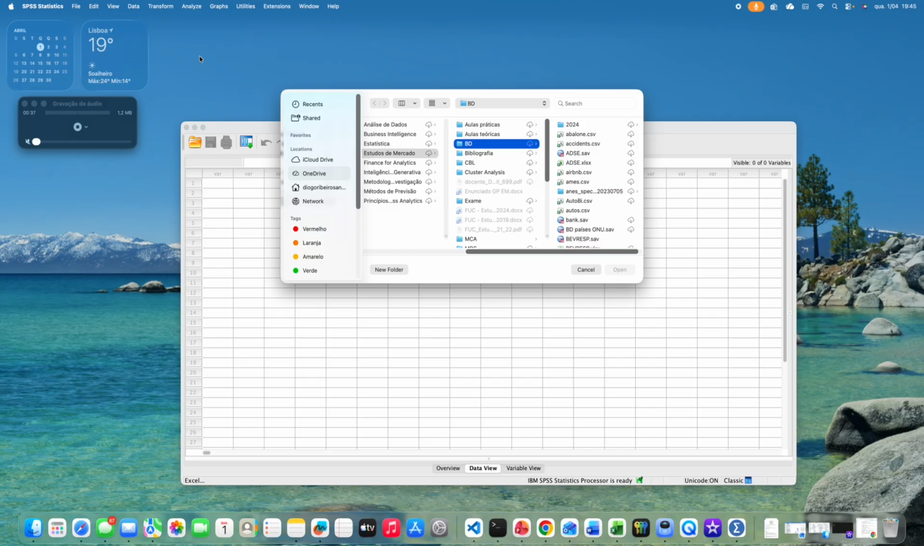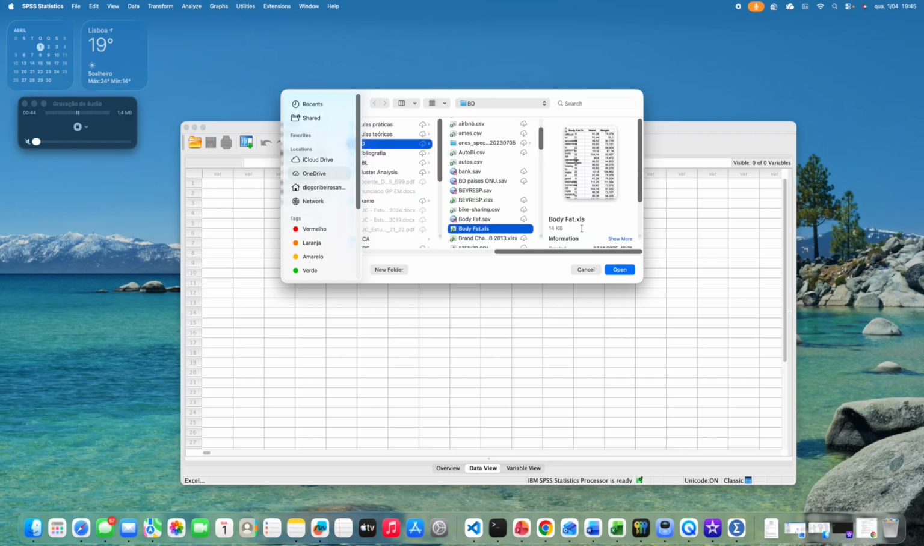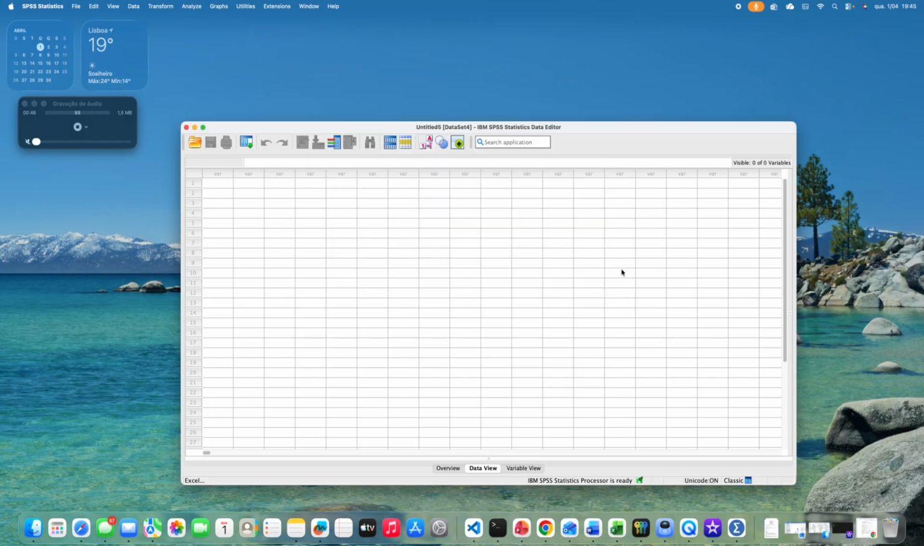You press Excel and now you choose the file that you want to import. In our case, body fat. You press Open